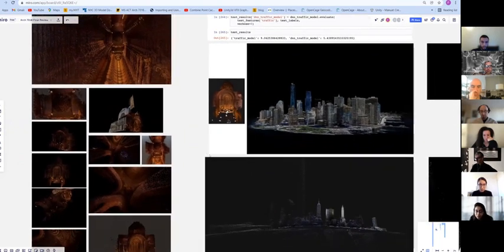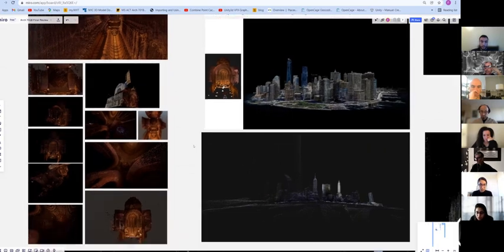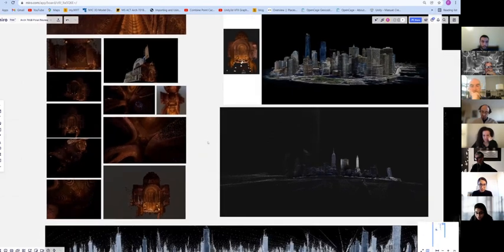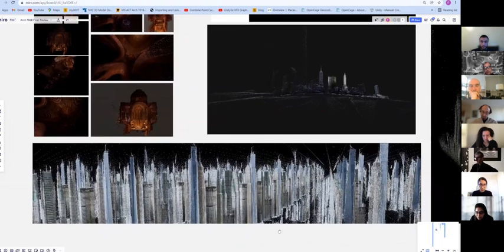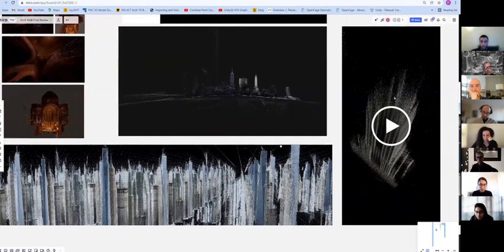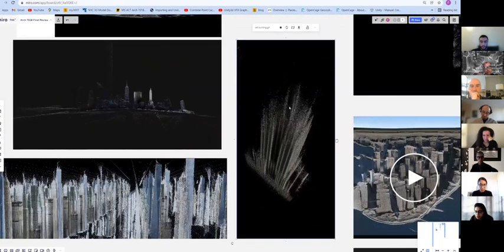Creating the data set of the buildings in 3D point cloud models allowed me to explore transformations of the buildings, the skyline, individual buildings,